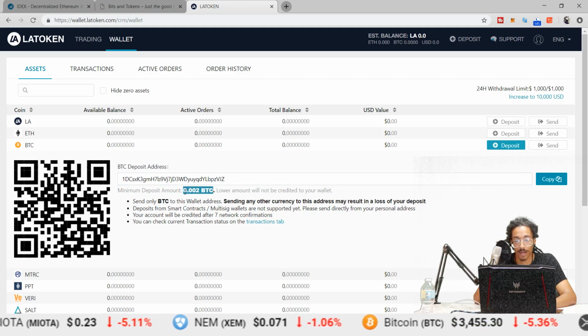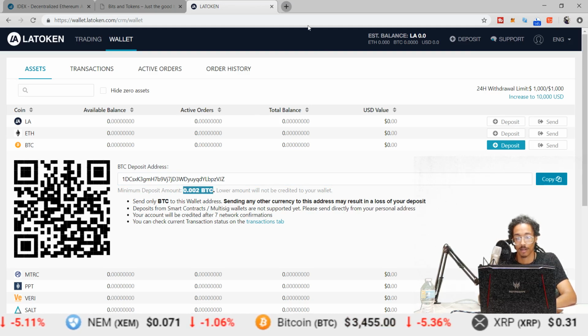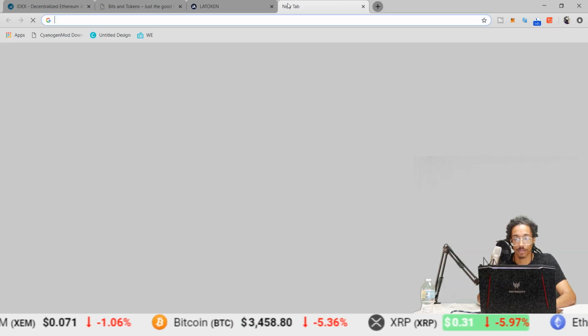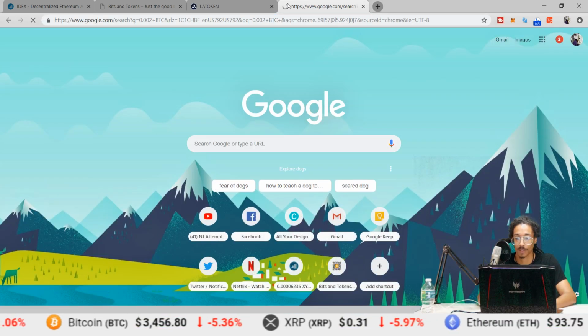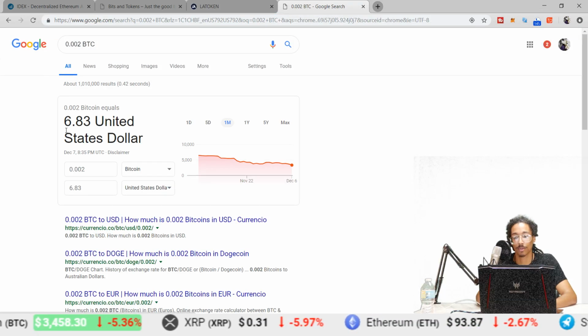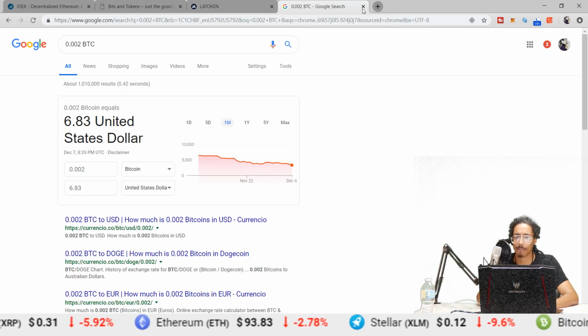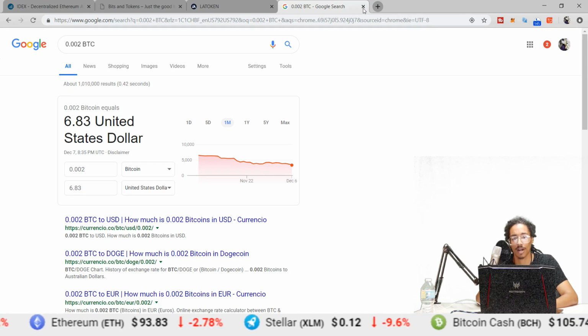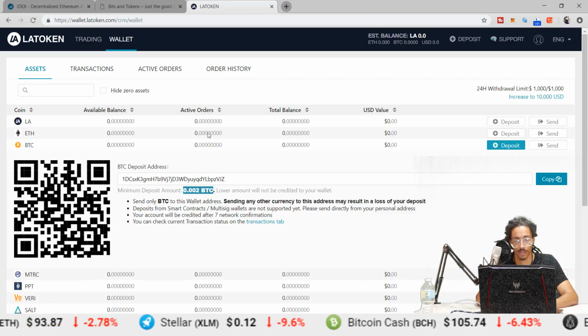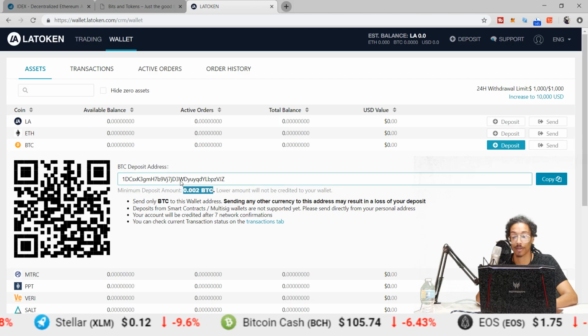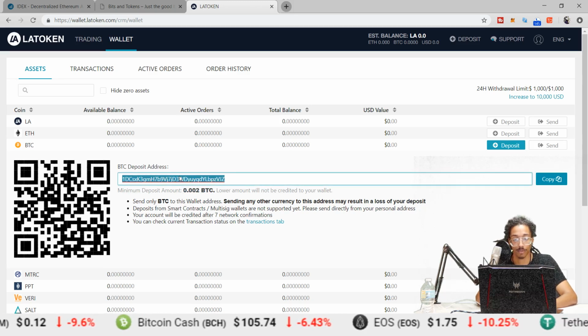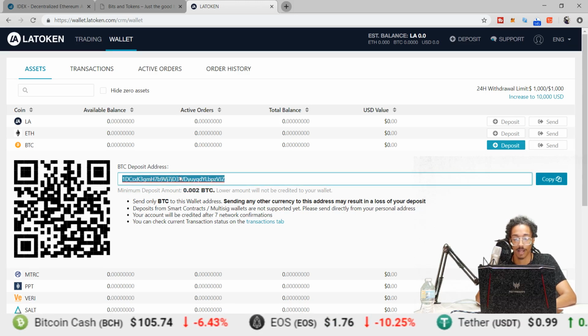Okay, so the minimum deposit amount is 0.002 BTC. If you just pop that into Google, it tells you the minimum deposit amount is $6.83. I think I have about $20 or so of Bitcoin lying around that I can use for this. So now that I know that I am able to deposit that amount, what I'll do is